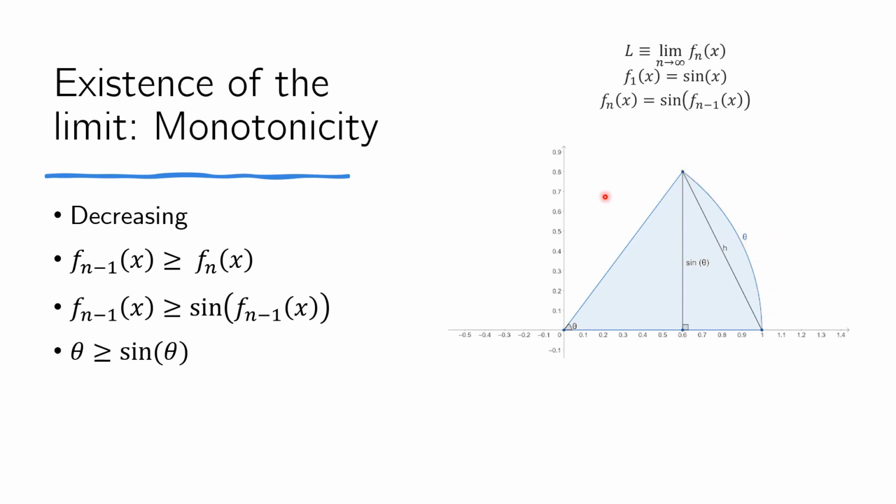So it looks like on this first quadrant, theta from 0 to pi over 2, we always have theta greater than or equal to sine theta. And that shows that if our x is between 0 and pi over 2, our sequence is actually